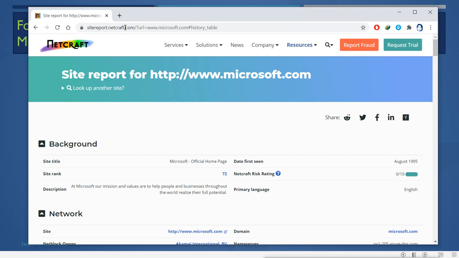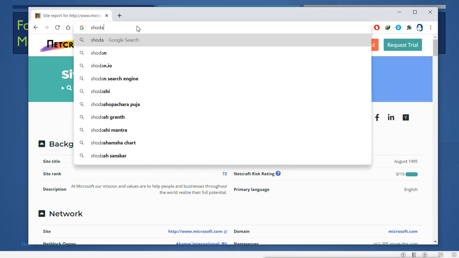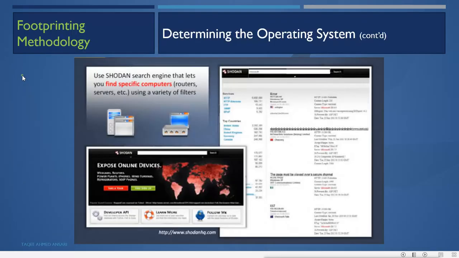There is one more tool, that is Shodan. This is Shodan, shodan.io.